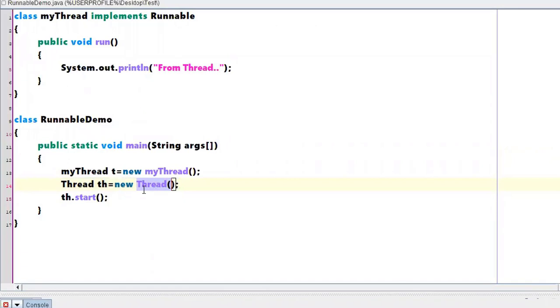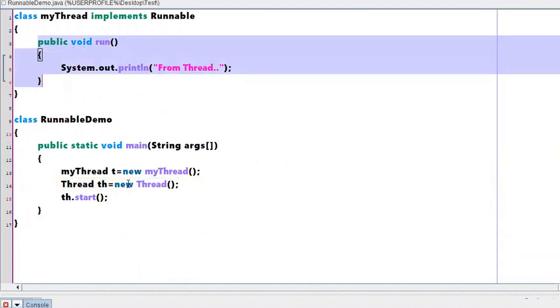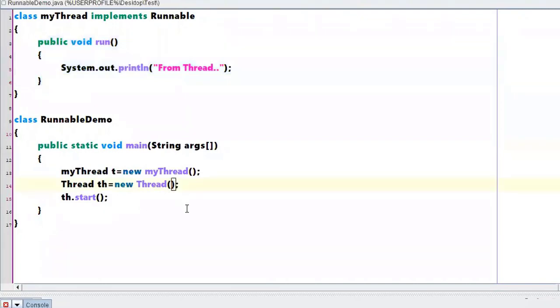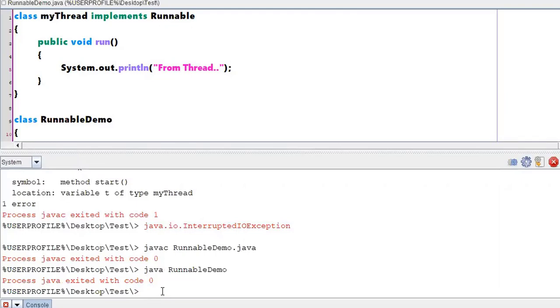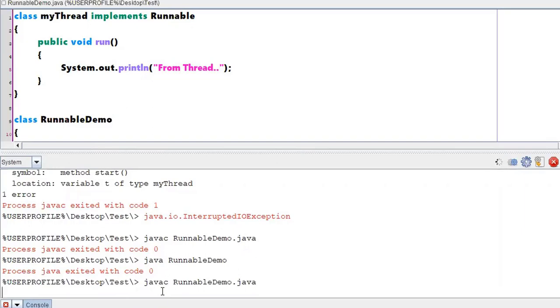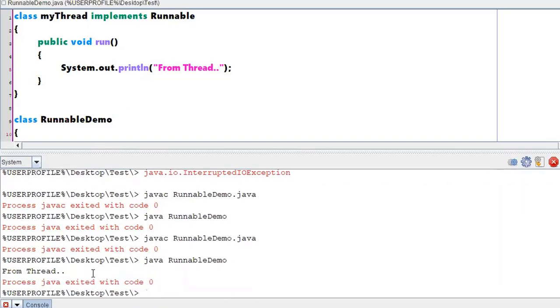Now, if I want to link it, saying that you execute this particular run method, what I have to do is, while creating a thread object, I need to specify that you create the object for this one, for t. Now, let me just cross-check. Am I linked my user defined thread to that particular thread object or not? Got the point?